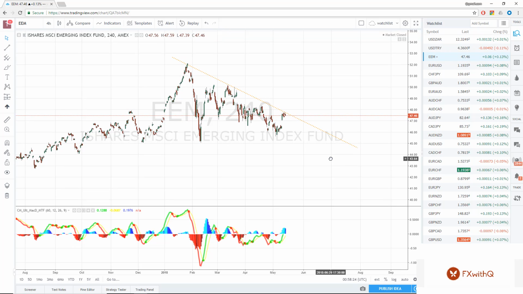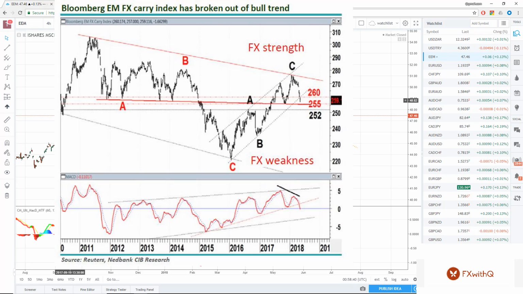Moving the conversation back to the fundamental themes, the second, quote, canary or leading indicator concerns liquidity and a dollar shortage that is actually already spreading among emerging markets. So this is a chart prepared by Nedbank, and it shows the Bloomberg Barclays EM local and US dollar denominated debt spreads. What we can see on the chart is that the highs of 2016 have already been taken out, and the late 2016 lows are now